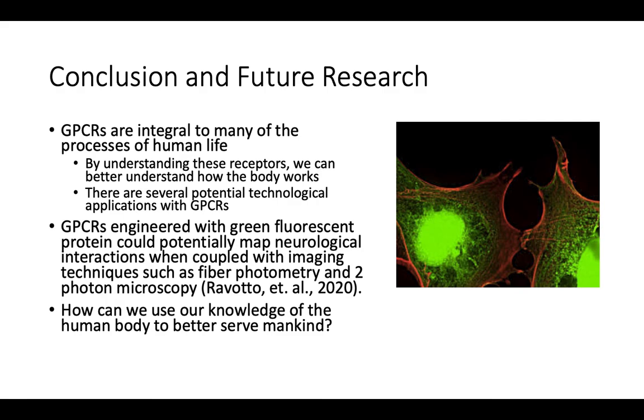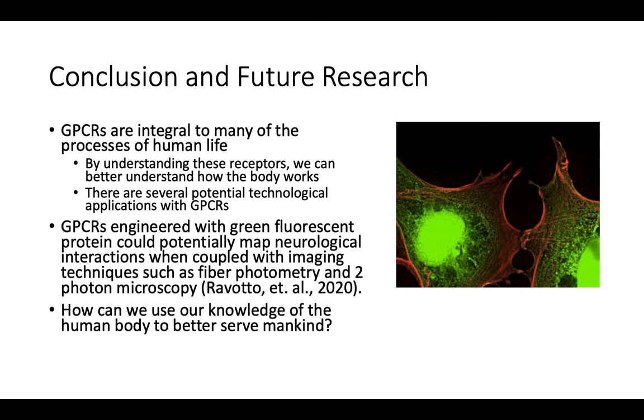And we have one example here. GPCRs, when we engineer them with green fluorescent proteins, what we can do is we can map neurological interactions that are taking place in the brain. That's been a difficult point for a lot of researchers because it's kind of hard to get into the brain with imaging at that molecular level and see what's going on between neurons. So if we tag it with this green fluorescent protein, this is going to help us actually have a better way of seeing what's going on in the brain,